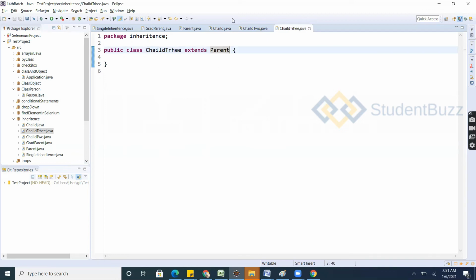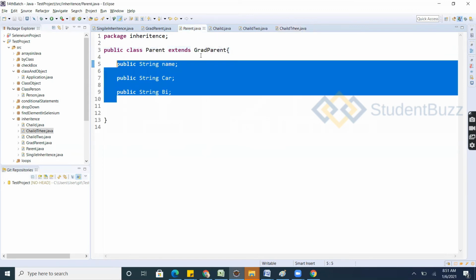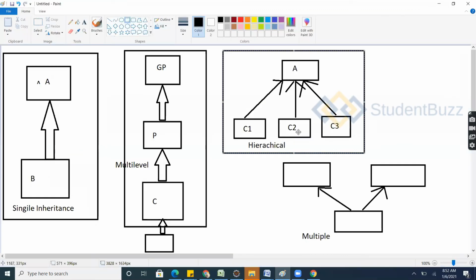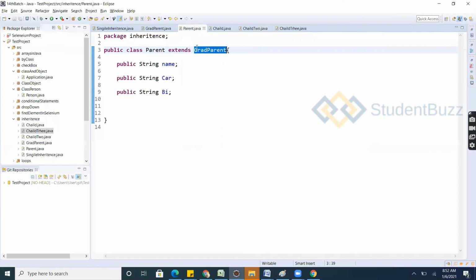So if a child knows driving, he can simply take the car or whatever bike he needs, and he can use that when you have a relationship with this parent and child. If you extended the parent, then you can use it. One parent can extend to multiple places. Multiple places, we call hierarchical. For example, I'll remove this grandparent. Not having any relationship with the grandparent now.